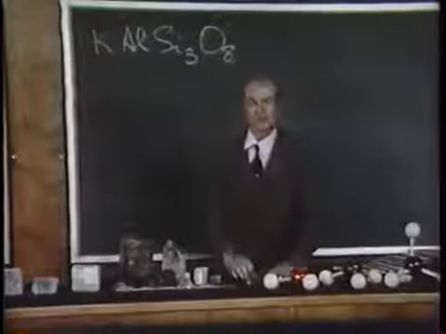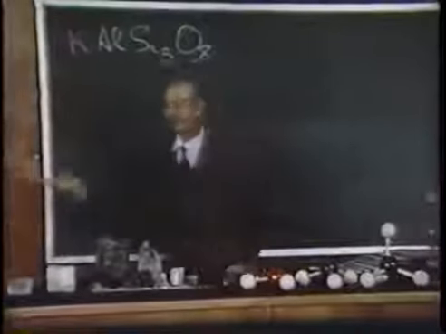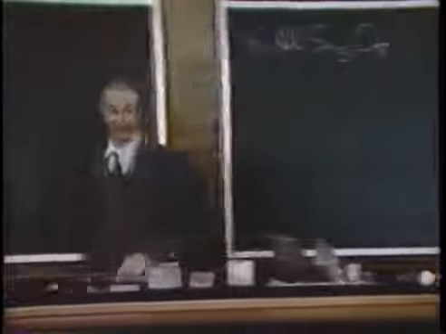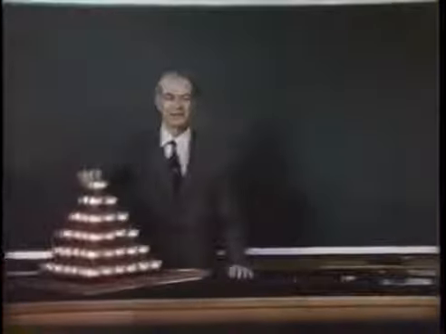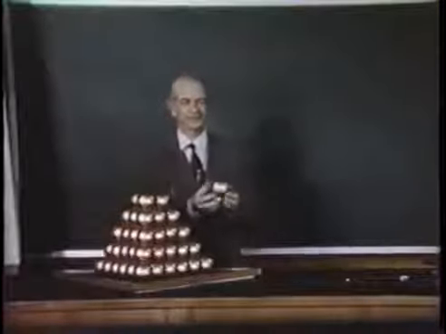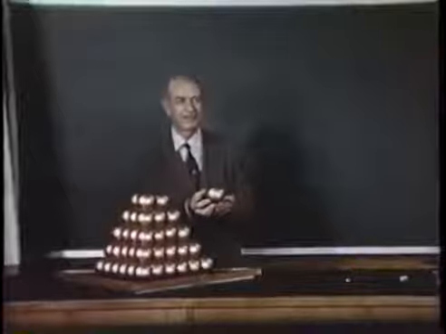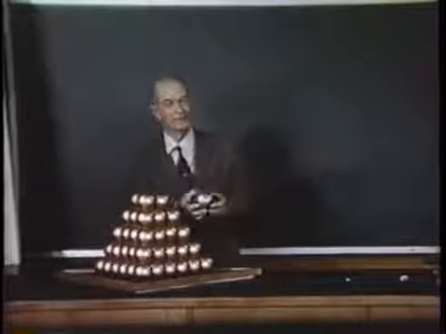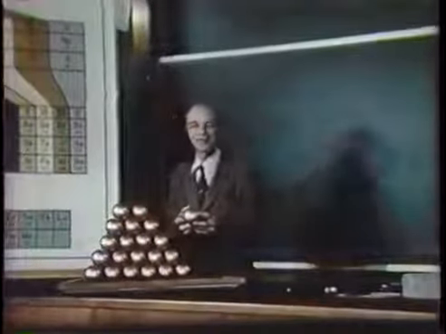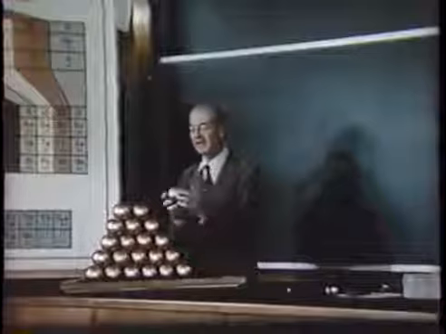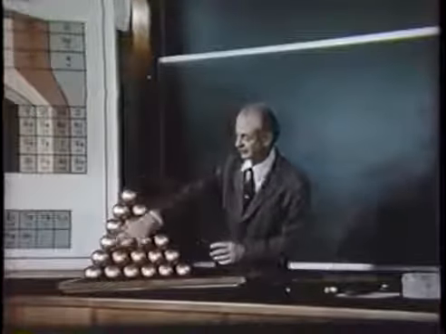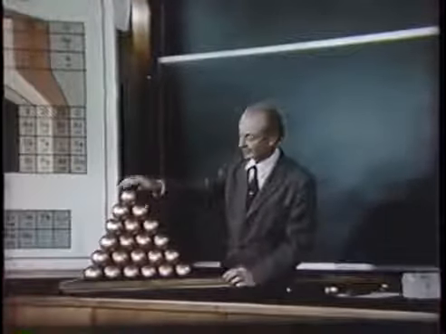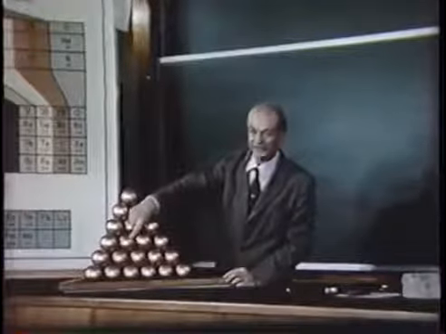We know the structure of the metal copper. It is illustrated by the model over here at the end of the table. Here, each of these spheres represents a copper atom. We know that in a crystal of copper, in the little grains of copper that make up the sheet of copper metal or a copper wire, the atoms are arranged in the way that is shown here, such that each atom has 12 neighbors.